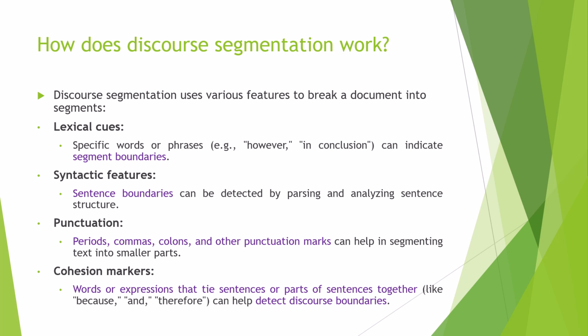We can use specific words or phrases. For example, the words however, in conclusion can be used to indicate segment boundaries. And we can use syntactic features to detect the piece of text or sentence by parsing the given text, and we can analyze the sentence structure present in it. We can also use punctuation symbols like dot or comma, semicolon, colon, or other punctuation marks to segment the text